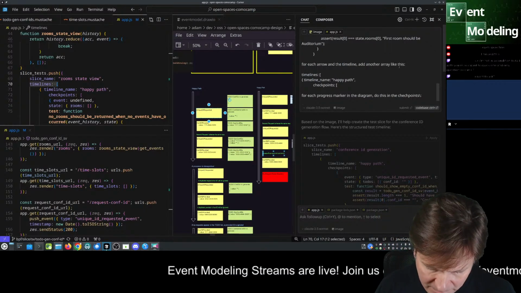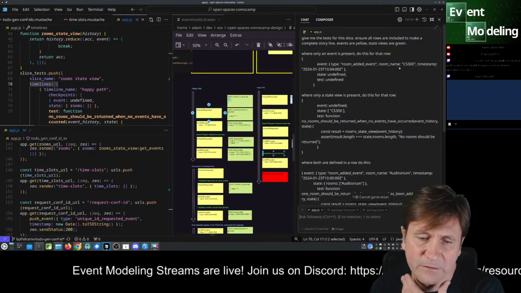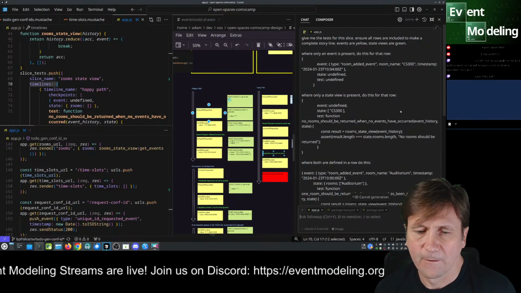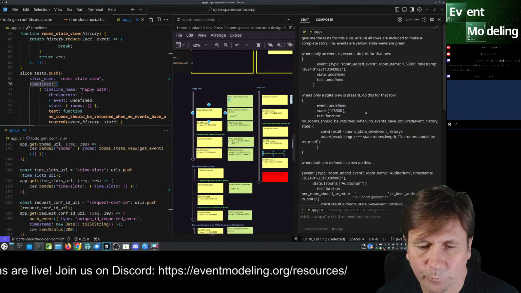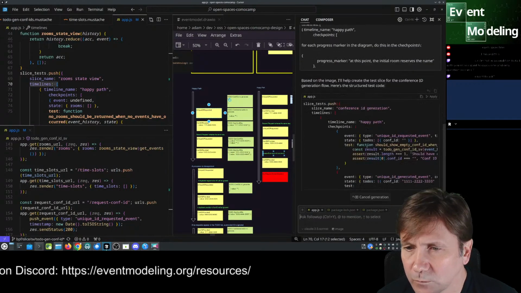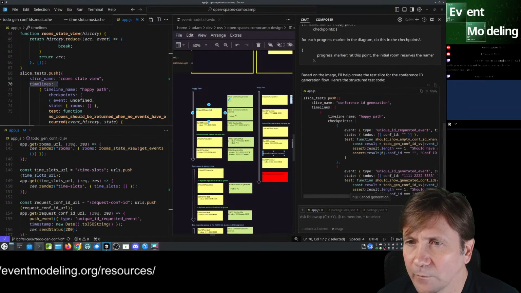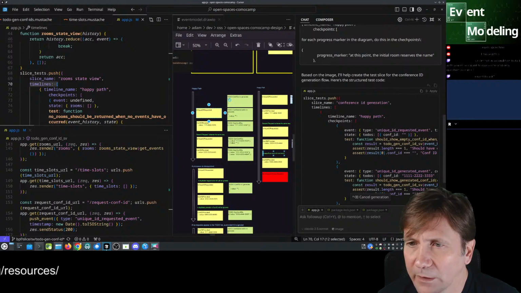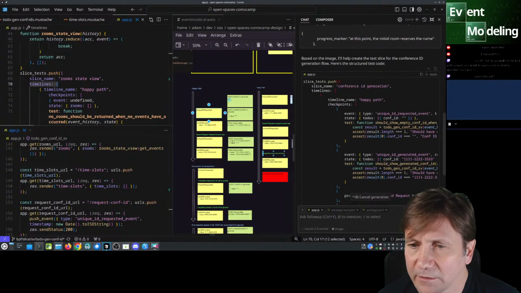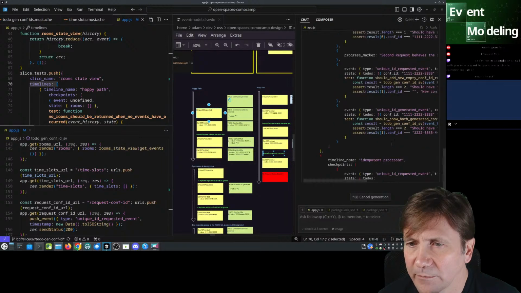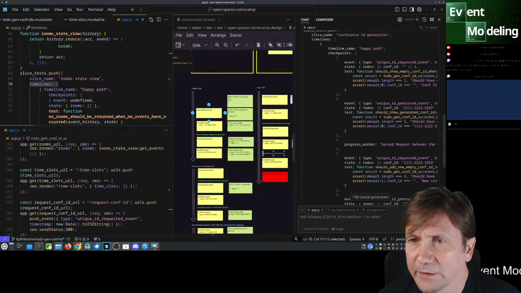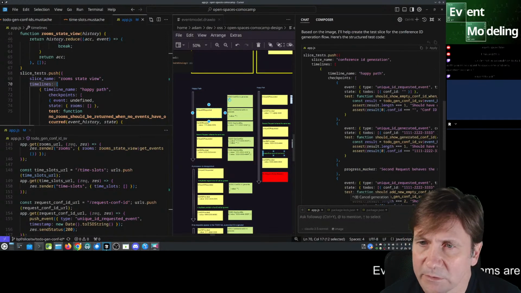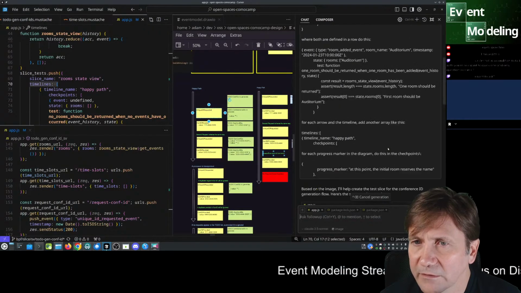Okay, I'm saying add another array like this. So let's see what happens. Okay, it's failing again. It's getting the markers, but it missed the first blank event.